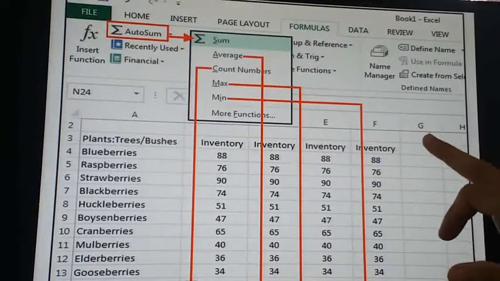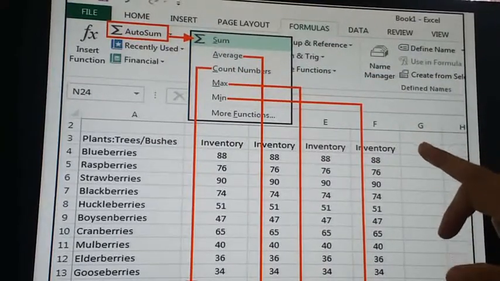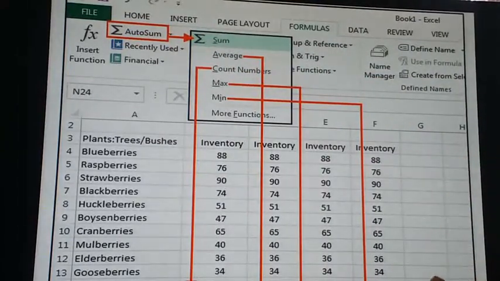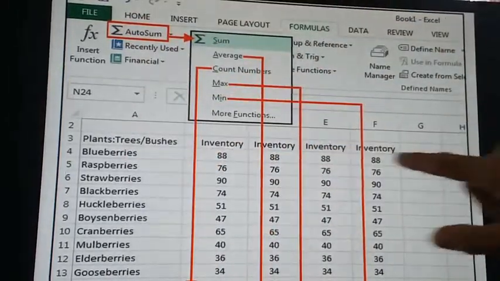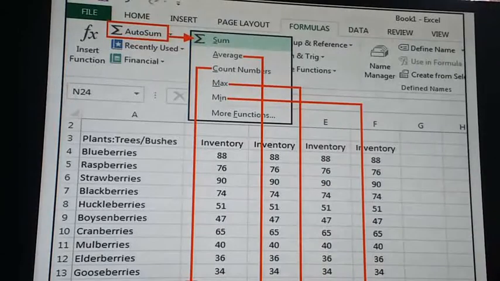Just select here the G cell, suppose the total cell, and click auto sum, and automatically it will calculate. Okay, we can also, like this, make an average, or find out how many numbers, count, equal to count within the range of the cells.